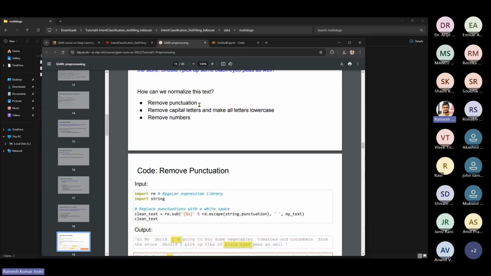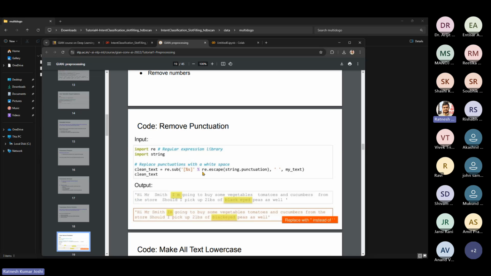Punctuation we can remove by just writing re.escape(string.punctuation), because it is a common operation. It is already predefined in our regular expression library, and all the punctuations are already defined in the string library. So we can directly use re.escape and escape all the punctuations,